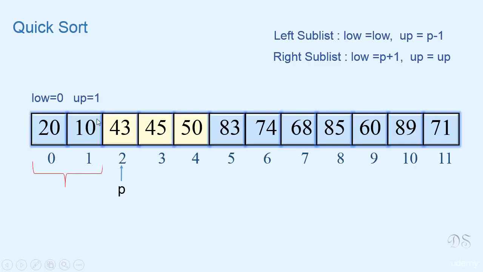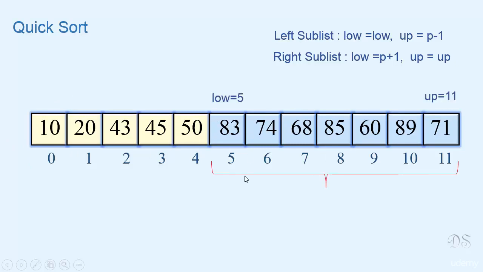For this left sublist, 20 is chosen as a pivot, placed at its proper position. Now for the left sublist, low is 0, up will be P minus 1. So up will be 0. And for the right sublist, up is 1 and low will be P plus 1. So low will be 2. Now we can see for the right sublist, low is greater than up. So there is no element in the right sublist. For the left sublist, low and up are same. So there is only one element. So we don't have to do anything. It is at its proper place. Now this left sublist has been sorted. Now we come to this